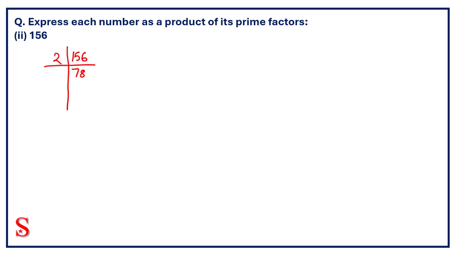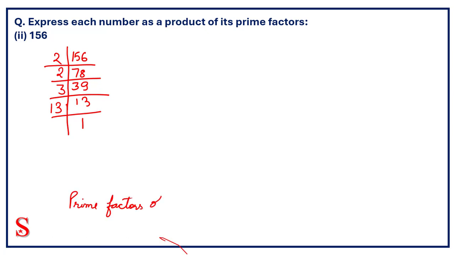Again, 78 is an even number, so we'll divide it by 2. Now this will be divided by 3. And 13 is a prime number, so we note it down as 13 ones are 13. Now we'll write the prime factors of 156. Clear? Next question,